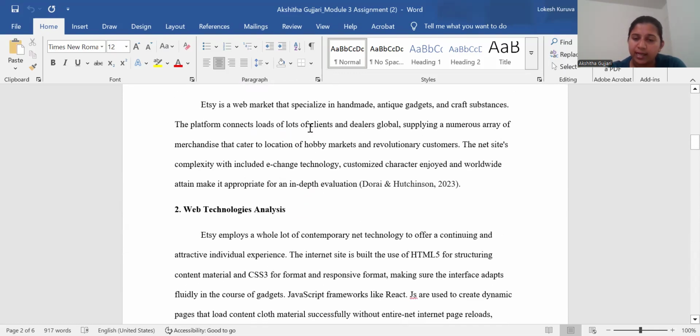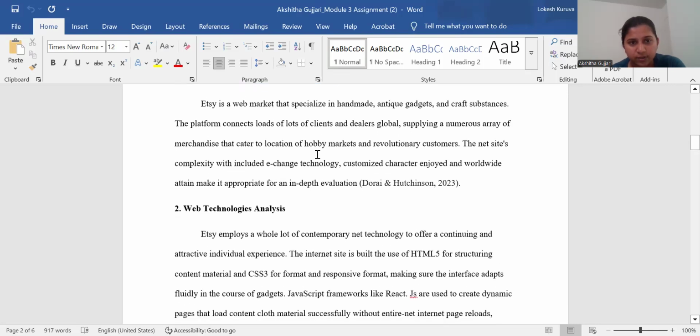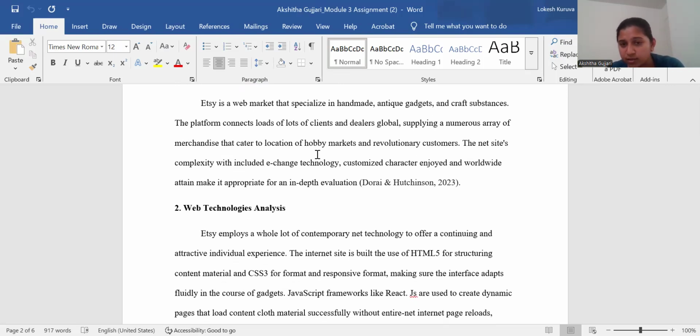Etsy is a marketplace that specializes in handmade, antique gadgets and craft supplies. The platform connects a large number of clients and dealers across the globe, supplying a numerous array of merchandise. They supply to locations all over the world for innovative customers. The site's size, complexity, e-tech exchange technology and customized personal experience on worldwide reach make it appropriate for